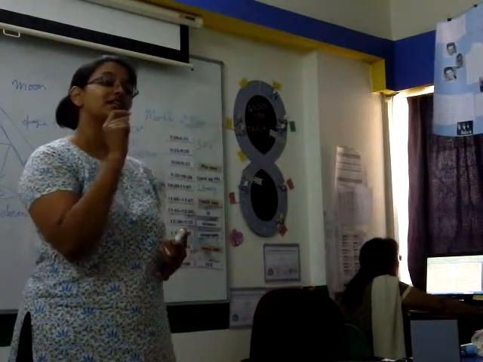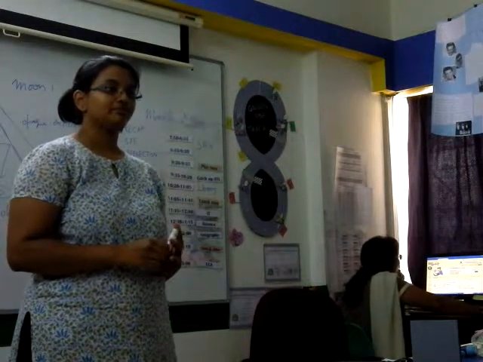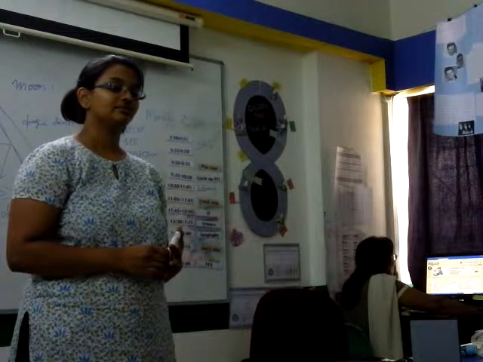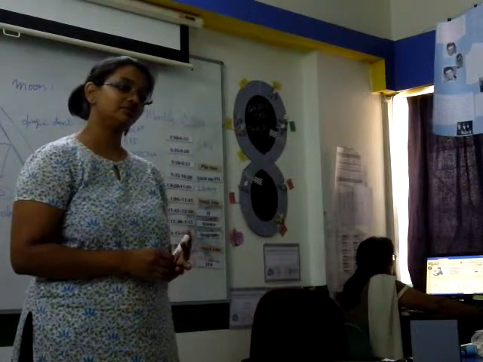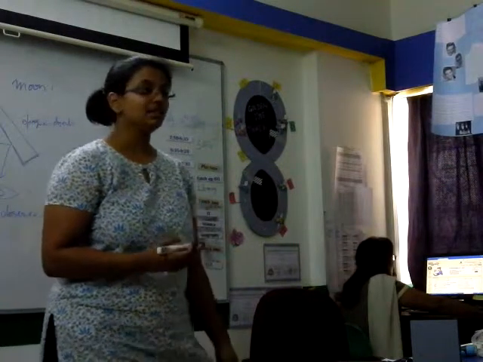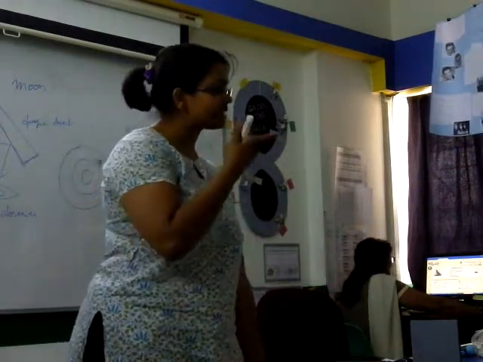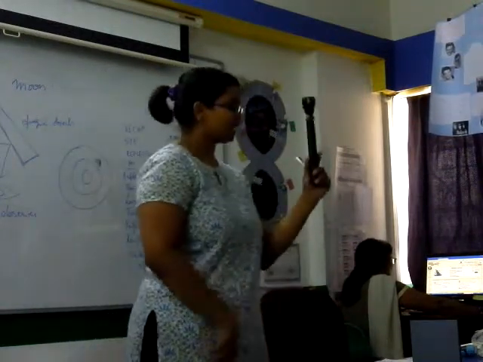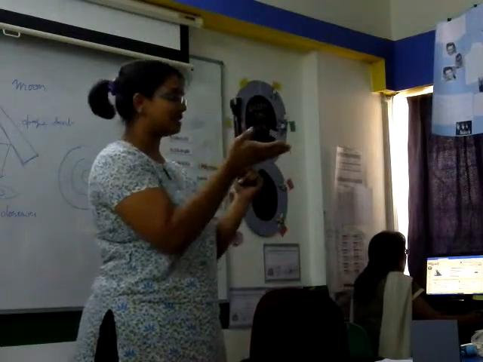Elva, what is a reflector? Definition. A reflector is an object that reflects the light onto something. Okay, can it be seen on its own? No. It needs light to be seen, right? So a reflector we learned is any object that can only be seen when there is light and the light reflects outward. For example, this is a reflector. The light from the bulb is falling on it and that's why we can see it, okay?